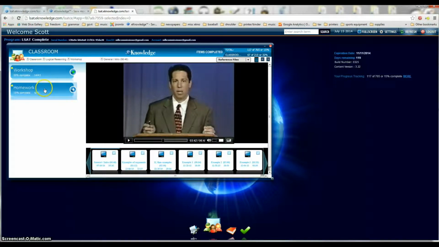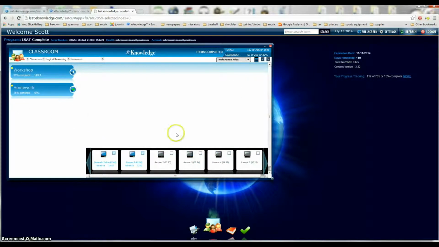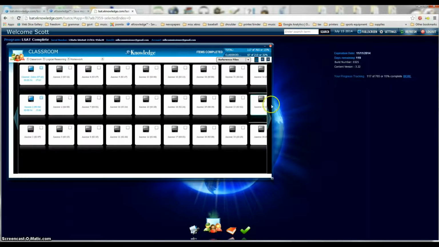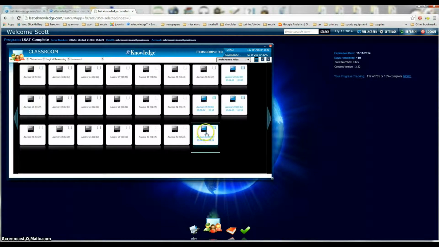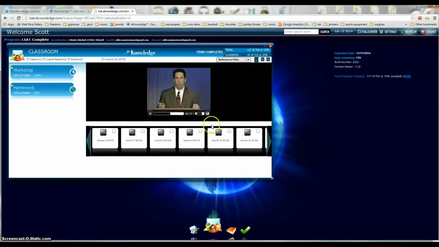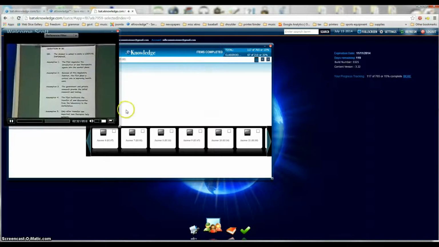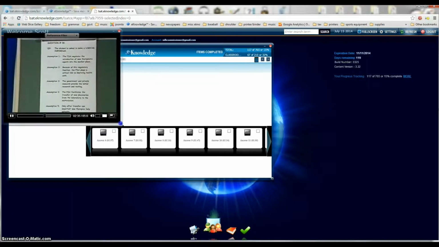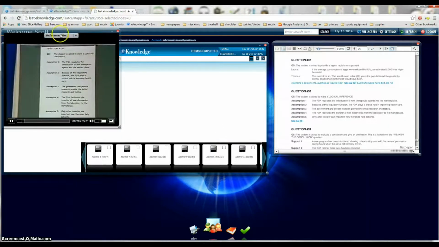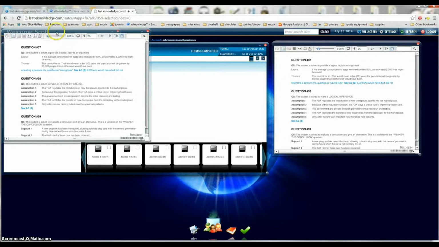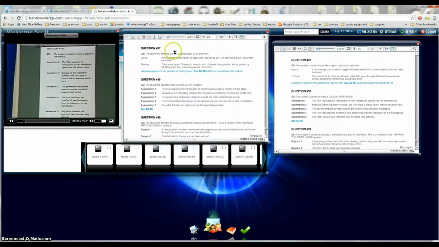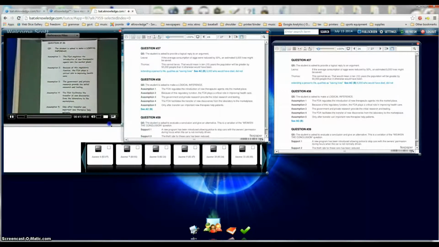You also, let's go to a different one. Let's go to homework. There's more of these. Let's go to answer to number 38 here. So if I want to pop that out, I can pop it out like this. I can resize it like I showed you. I also have reference material. I popped it out and I chose, this is the content that goes along with this. So even if you open this up and you still can't read it, you've got the same content over here